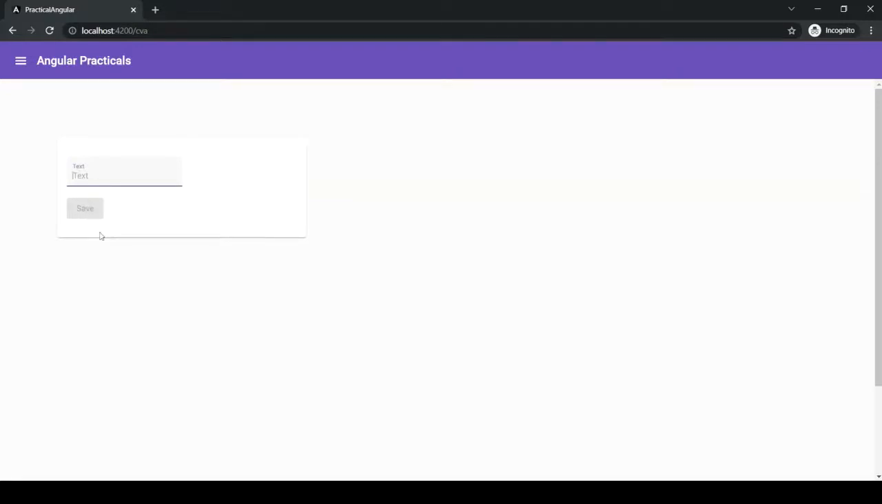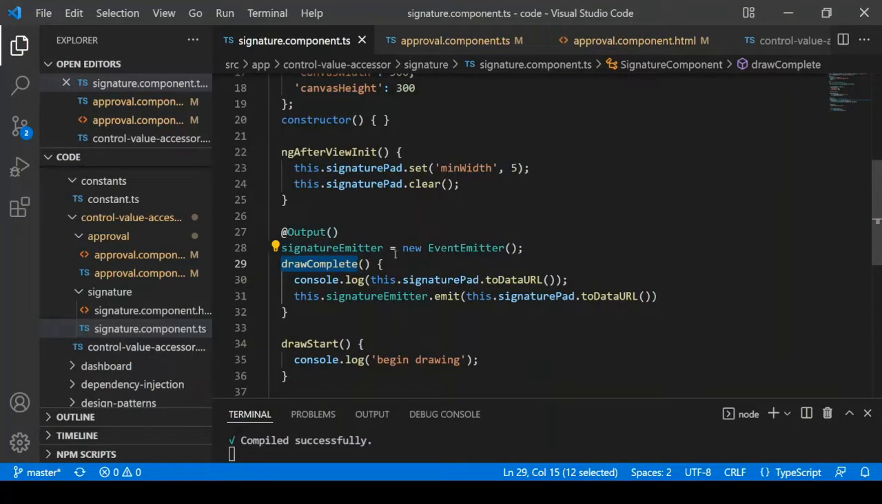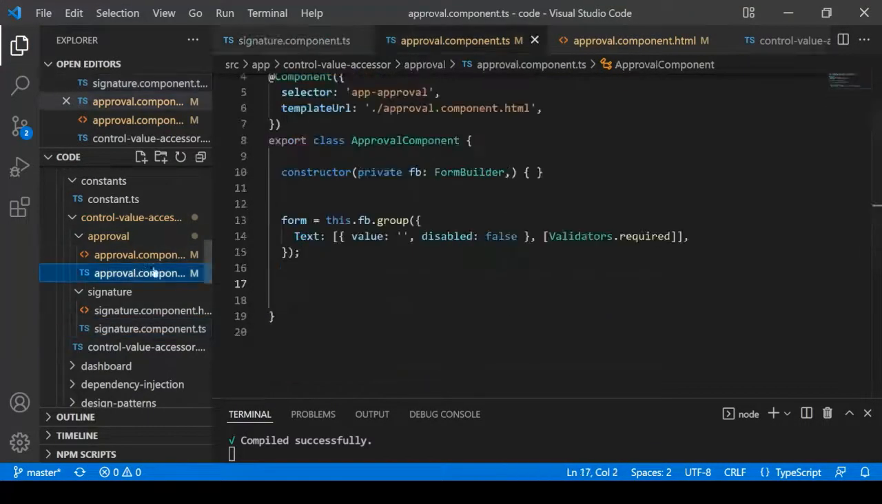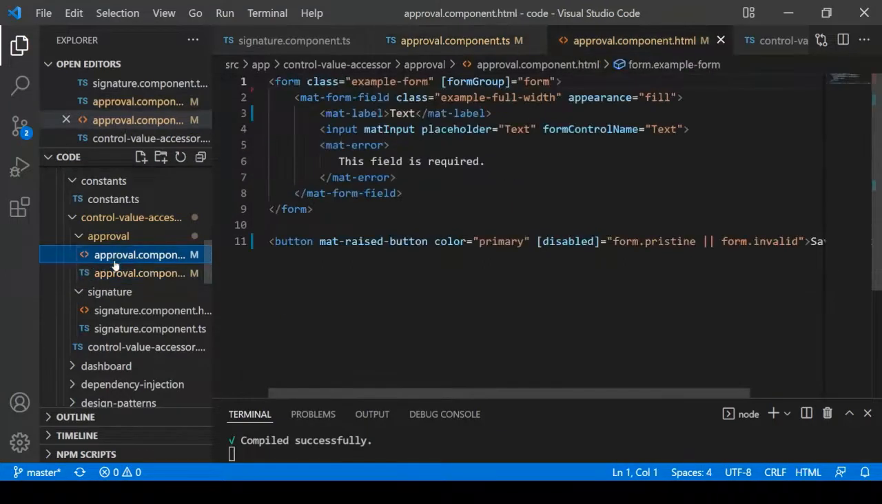So far so good. Now the requirement changes and it says that we need a signature here as well as this text, and once the signature and text is available, then this save button should be enabled. That means the text and signature are required. So let's see how we have implemented it. If I go to this approval component.html,